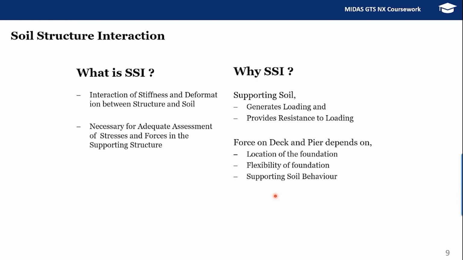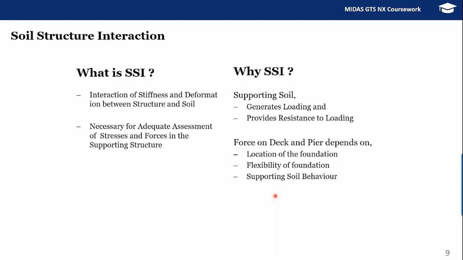So why is it important? How can we consider the soil structure interaction in regular structural software? What we generally do is apply springs to the foundations of the building or a bridge. Those springs may be linear springs, non-linear springs or multilinear springs. So there are different types, and instead of providing fixed supports or pin supports to your building foundation, we are using springs. That's a sort of interaction which we are describing to the